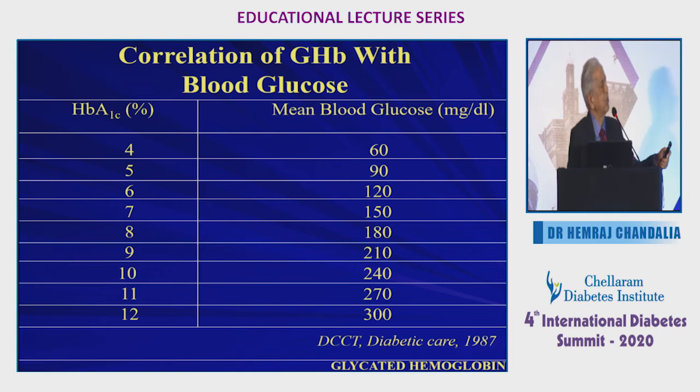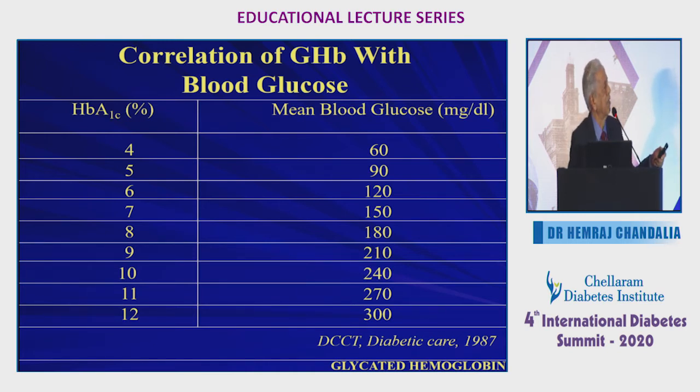The A1C, of course, is a good estimation of average blood glucose. Remember one figure, that magic figure of 7 that we keep teaching our patients: you should be below 7. Of course, this is not sacrosanct, as we will see later on, but this corresponds to average blood glucose over the past 3 months, and we shall see later it is primarily the past 2 months, of 150. So this corresponds to 150. And remember, for a 1% change in A1C, the difference in average glucose is about 30 milligrams. So remember, one figure: 7 is 150, and you can derive from there.